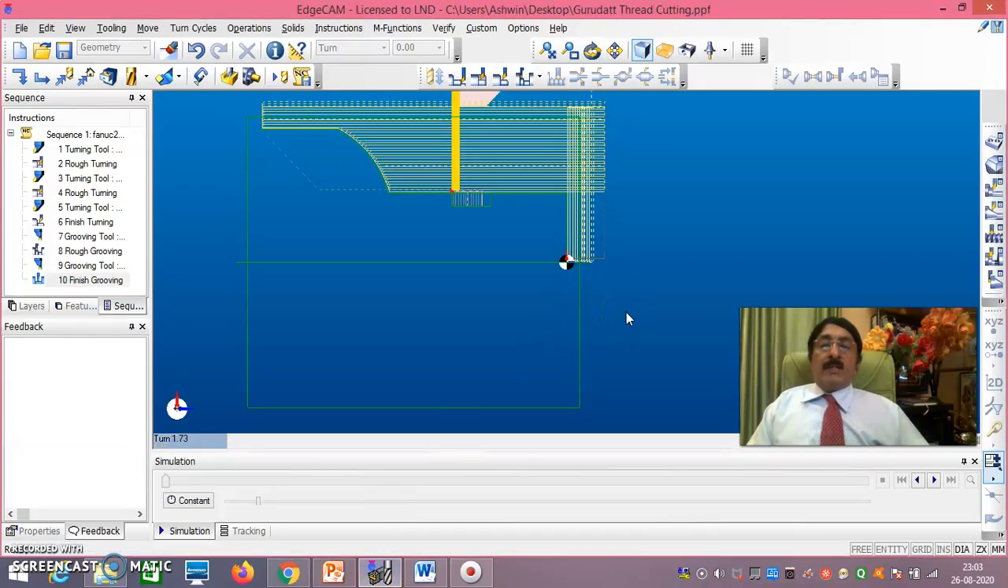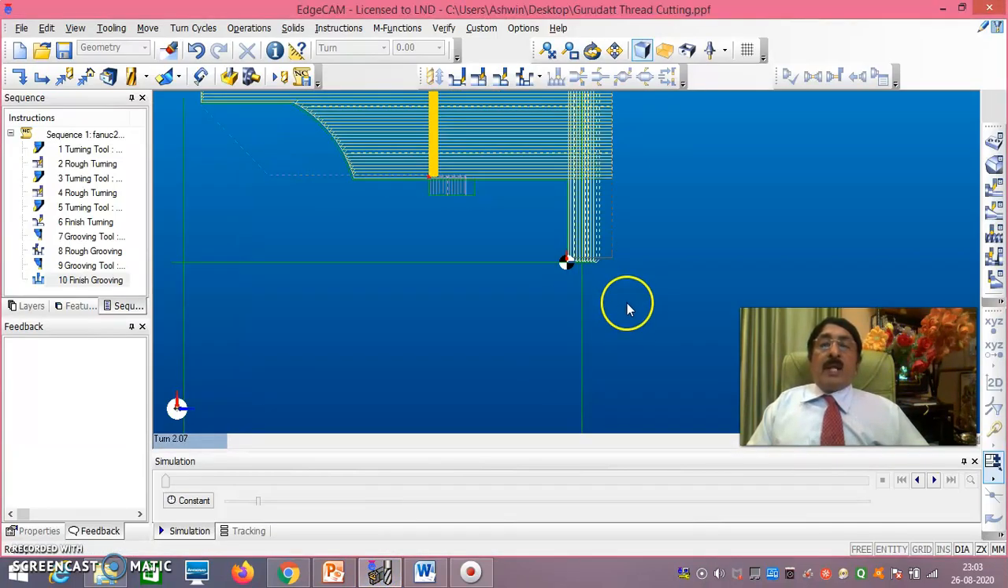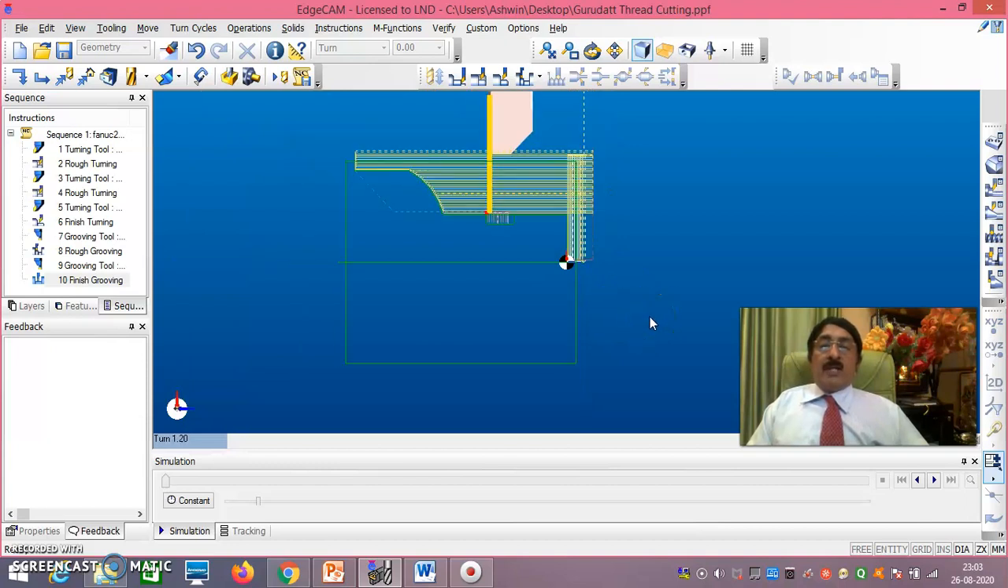Now, as you see here, by rotating the middle button you can enlarge or reduce the view. Now I have reduced it. Here the facing has been done; you can see the highlighted versions. Then rough turning has been done, and then finish turning, only on this profile. Then rough grooving has been done, and finish grooving also. Most of it is completed, and we have one more thing to do,